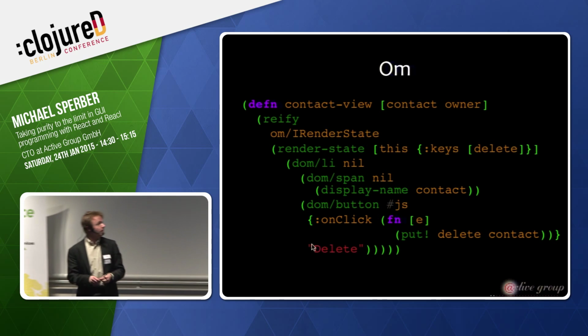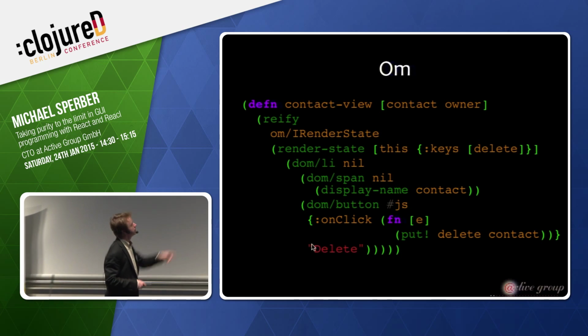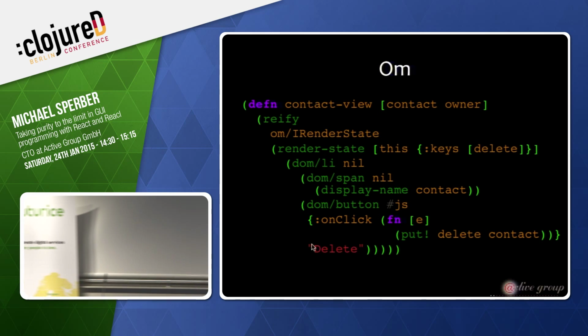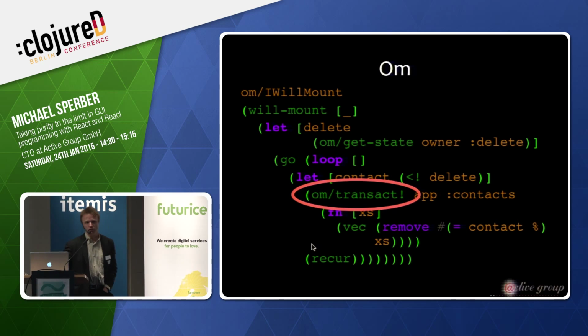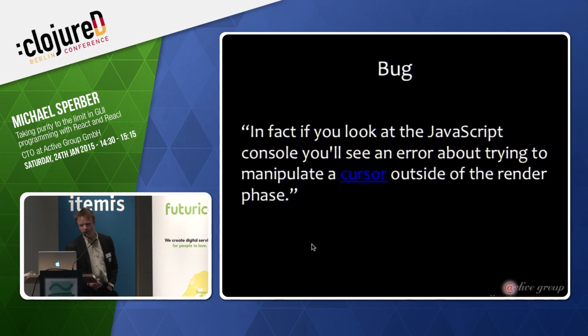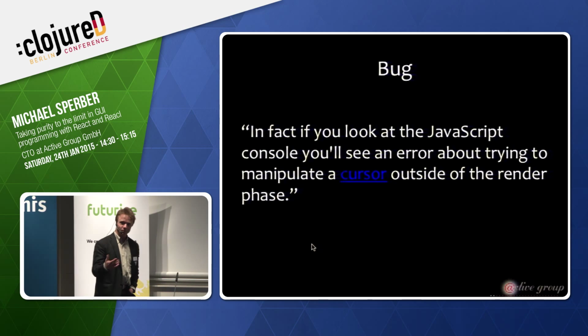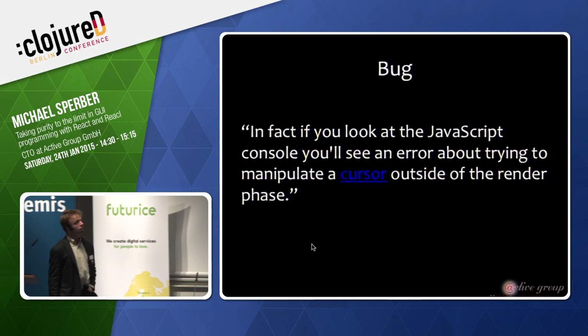So, anyway, it looks a little nicer than the original React example. It still has hash.js sprinkled throughout the code, and it's doing something imperative. It's not quite clear what it is from looking at the API example. And I played around with Om, and like the tutorial example says, if you write this naively, there's immediately going to be a bug that you only see if you open the debugger window in the browser. And the reason is,